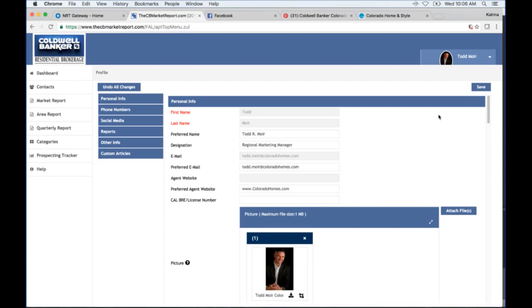Not to worry on that. However, if you want to make any changes, if you want to update your preferred name yourself, type in the preferred name that you want to use as we create this signature block, your contact signature block inside the report. Okay, so go ahead and type in your first and last name as you want it